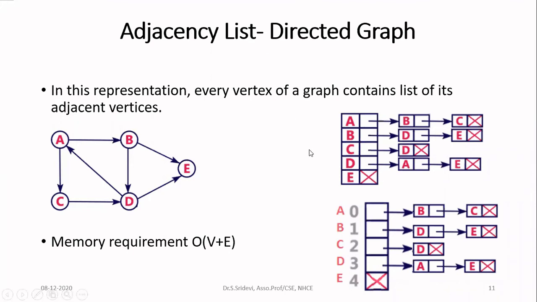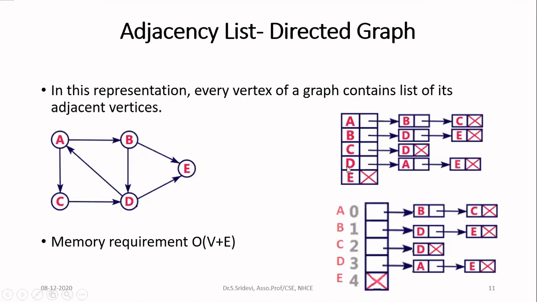Let us consider how much memory will be required to store this particular graph. We have seen in case of matrix representation. Now let us focus on the linked list representation. You consider the first one. Here, this one, the first box represents how many vertices you have. So if you have 5 vertices, you will have 5 entries.